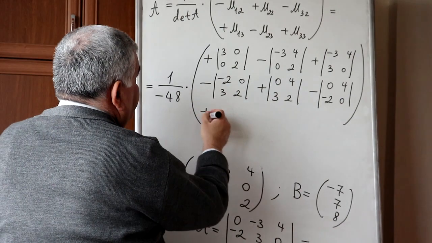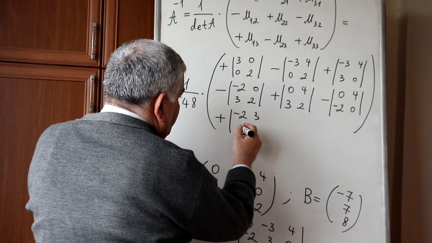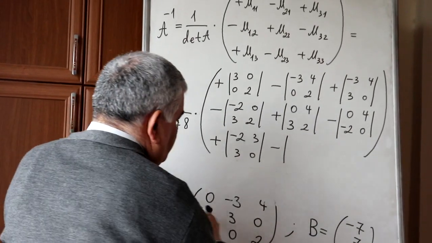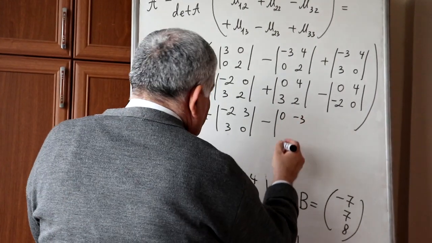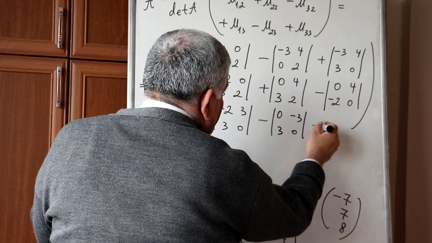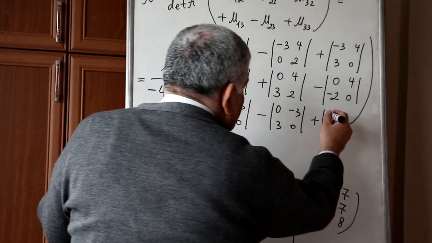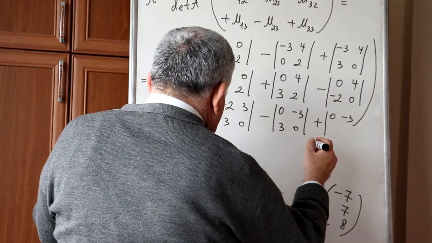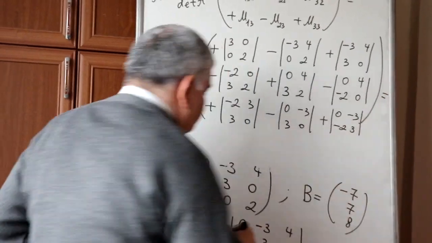Then plus M13: 1, 3, 1, 3, minus 2, 3, 3, 0. Minus M23: 2, 3, 2, 3, 2, 3, 0. Minus 3, 3, 0. And finally write plus M33: 3, 0, minus 3, 0, minus 3, and minus 2, 3, minus 2, 3, equals